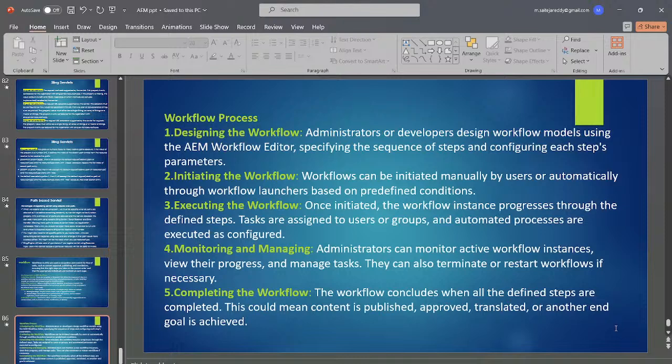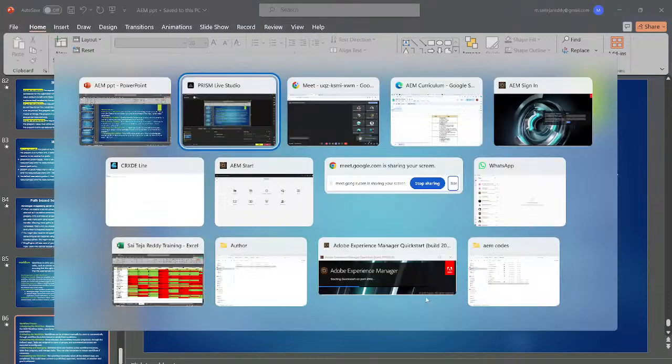Completing the workflow: the workflow concludes when all the defined steps are completed. This could mean content is published, approved, translated, or another end goal is achieved. This is the final thing after creating the workflow and successfully running it. For example, it was mentioned that this could mean content is published, approved, or translated, or another end goal is achieved. The completion of the workflow you can see in the, I will just let you know,